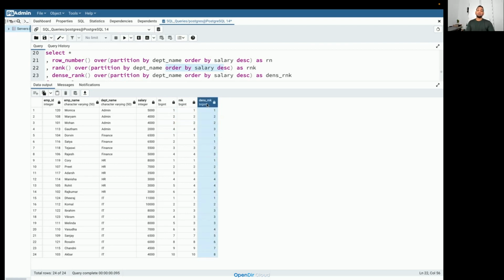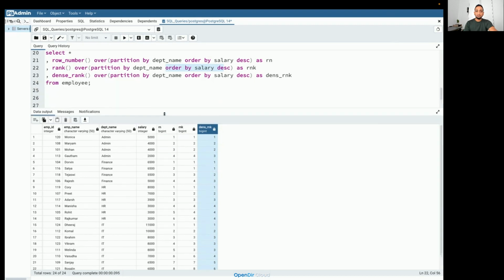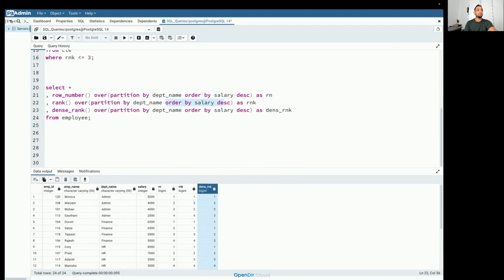Okay, so this can also be a very frequently asked interview question. In the interview, the person might ask, what is the difference between rank and dense rank? In the simplest way, if you have to answer, you can just say rank skips a value when the same rank is given, and dense rank does not skip a value. Okay, is this clear? Nothing too confusing or complex about this.